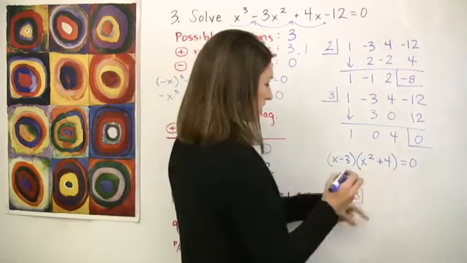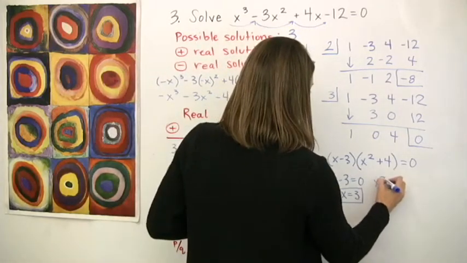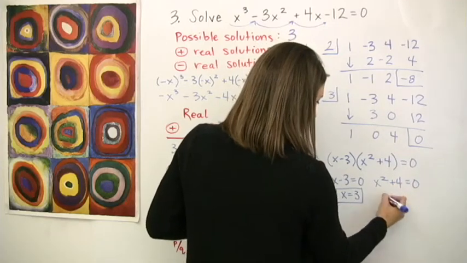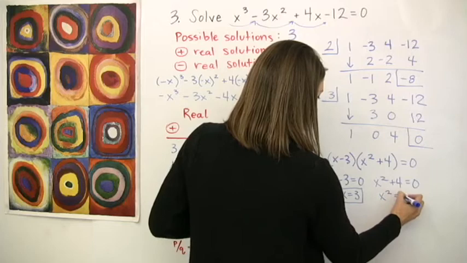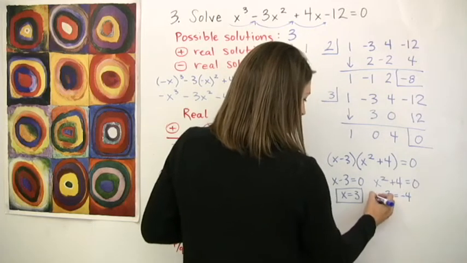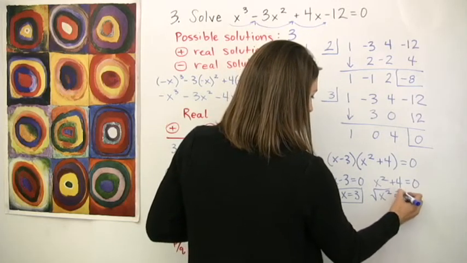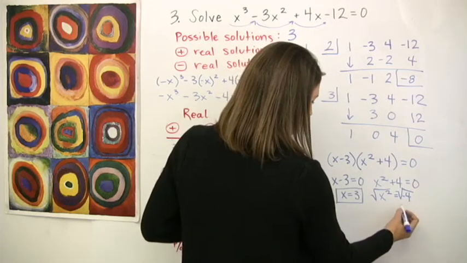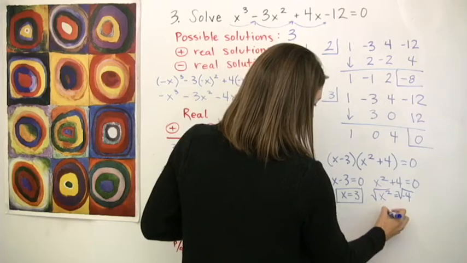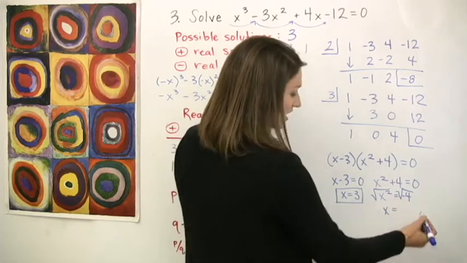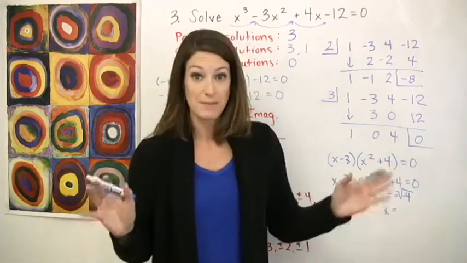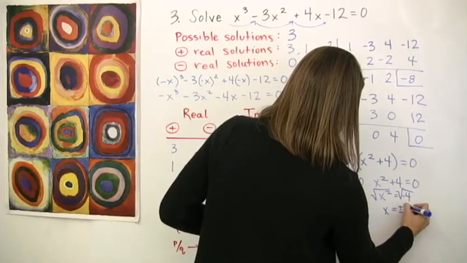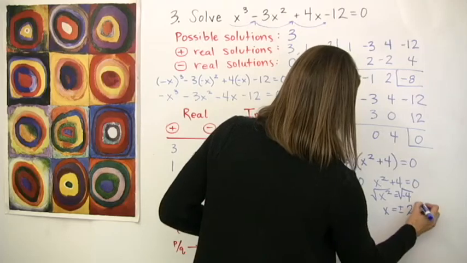Let's also set this parenthetical equal to 0. We have x squared plus 4 equals 0. And solving for x, we have x squared equals negative 4. If we were to take the square root of each side, then that leaves a square root of negative 4, which means that we have x, and we can simplify this side using some imaginary numbers. So this is plus or minus 2i,